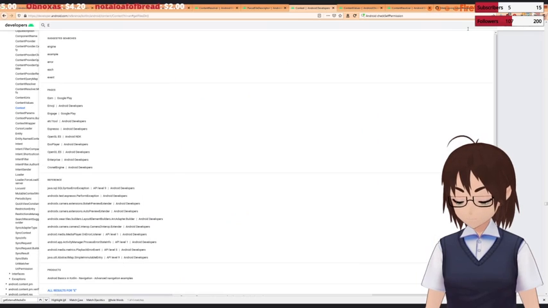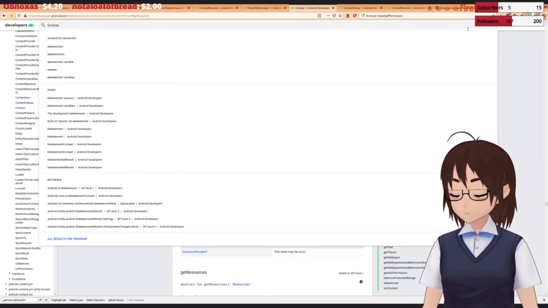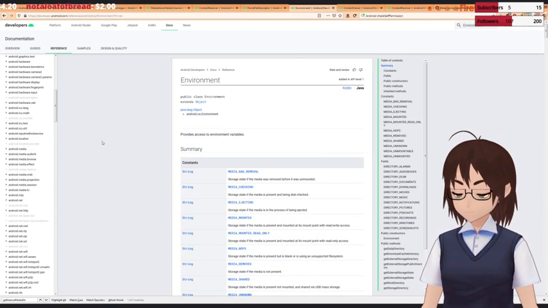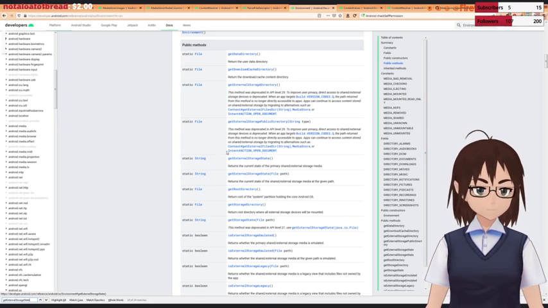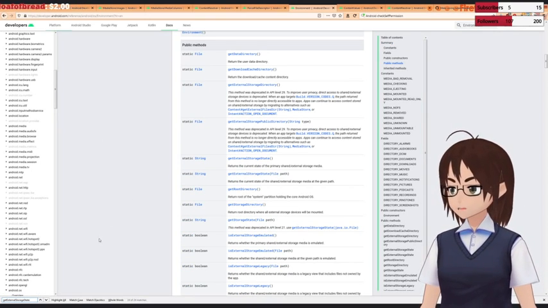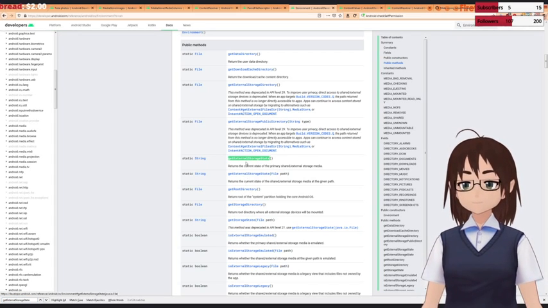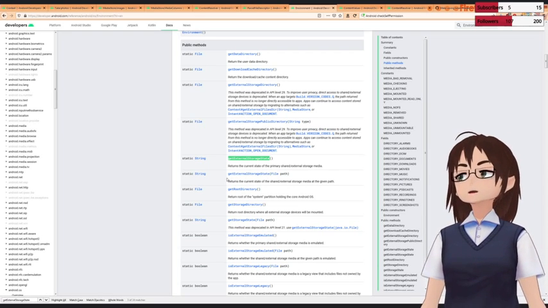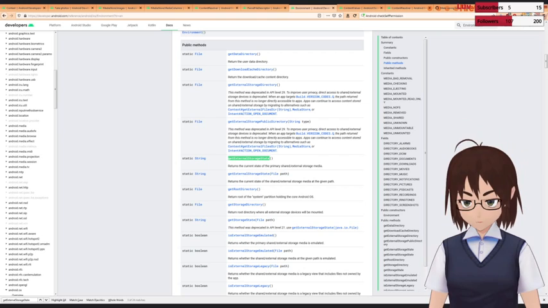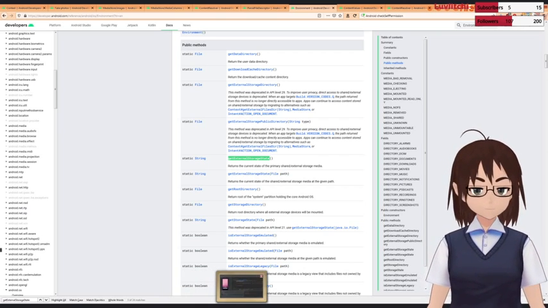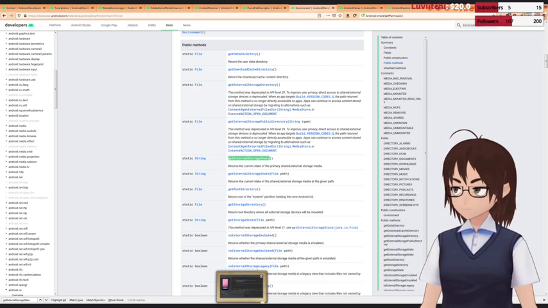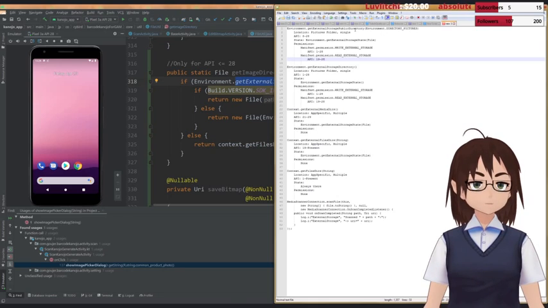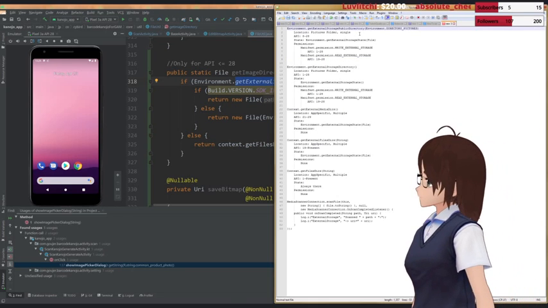All right. Environment. Bam. Okay, there's get external storage state and then other get external storage state. Okay. Whew, my hands are. Okay, let's check our notes. We have